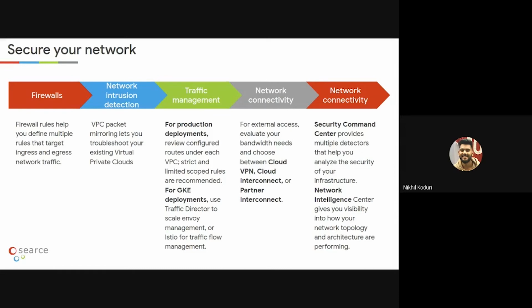And finally, we talked about Security Command Center again. Security Command Center also has different intelligence solutions, such as the Network Intelligence Center, and its own security measures that let you analyze what kind of security threats you're facing. If you have the premium version, you can even check the CIS benchmarks, and at what priority level these vulnerabilities are. And you can even find predefined solutions there and incorporate them.